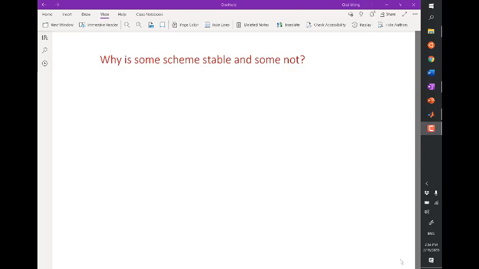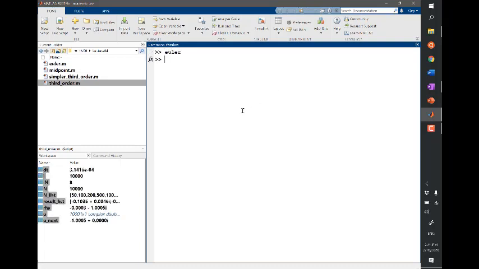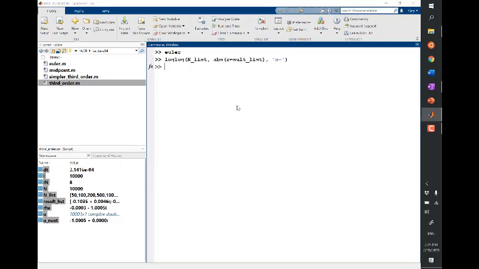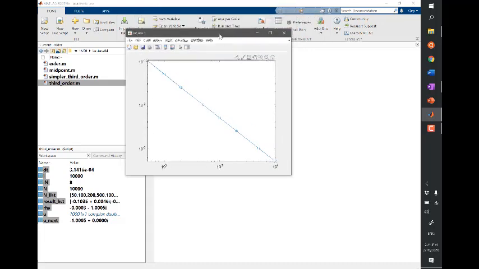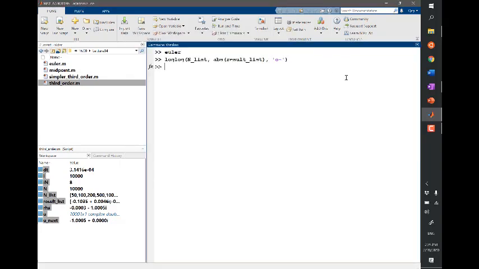So let's continue from where we left off last time. Just to remind you, let me run the same scripts we ran last time. We ran the Euler schemes and did a log-log plot of the number of time steps we used in solving Euler's formula, and the y-axis is how much error we get at the end. And we run the midpoint,